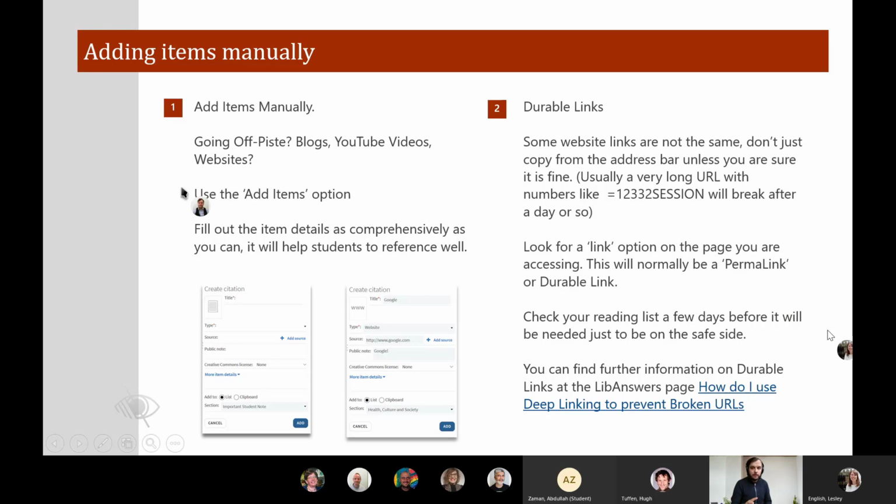You can come and look at this later or ask one of the faculty librarians and we'll show you how to do this. What this means is the link will always be available. And we've actually got a little how-to on that, and there's a link on the slide. The way around this is just to double check your reading lists a day or a few days before it's actually needed in anger, and then you can see if you've had any broken links. You do it a few times, make a mistake, you go, oh, but then you find the durable links and you'll use them from then on.